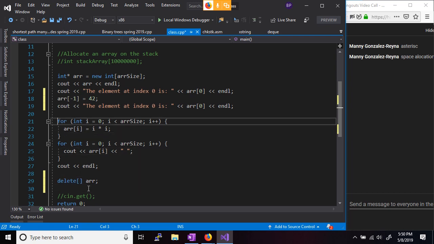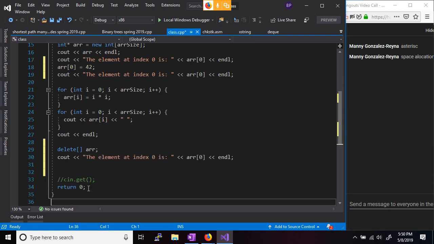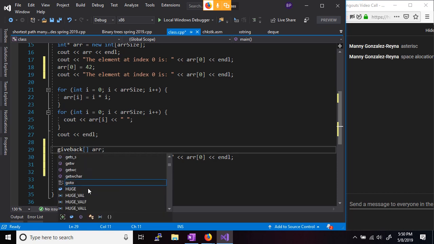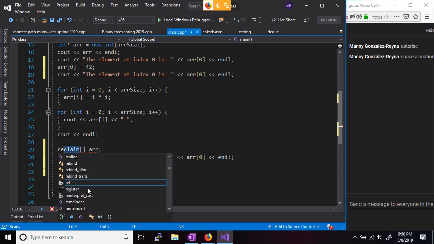Now here's something fun. Can I still get to my data after I delete it? What does deleting do? It just gives the, yeah, delete's kind of a misnomer. I wish they called it give back for someone else. Or something a little clearer, to reclaim. Does it deallocate the space? It's technically deallocated in the sense that, yeah, the operating system can now use that space for somebody